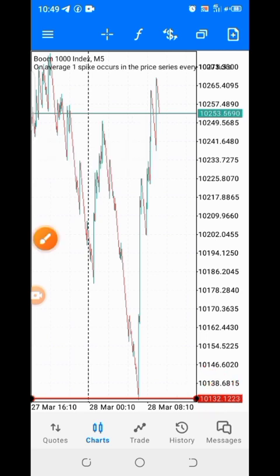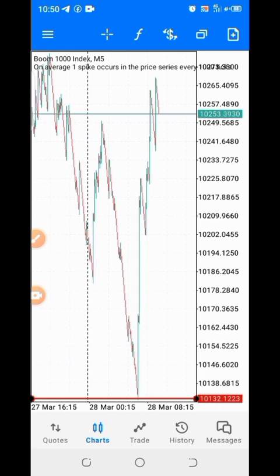Now what is the highest for the day? Sorry, after placing the horizontal line on the low for the day, the next line you need to place will be at 100. Which means add 100 to the low for today that you have. Now I'm having 10132 as my low for today. Remember, it could be 10131, 10132, 10133 within that axis, or 10134. So add 100 to 10132. This will be